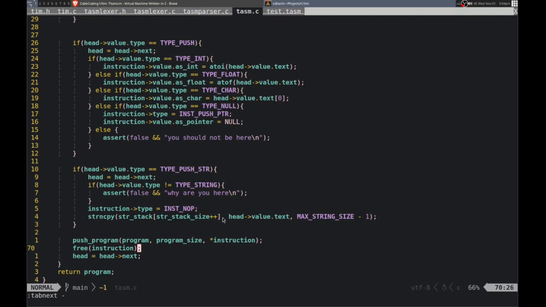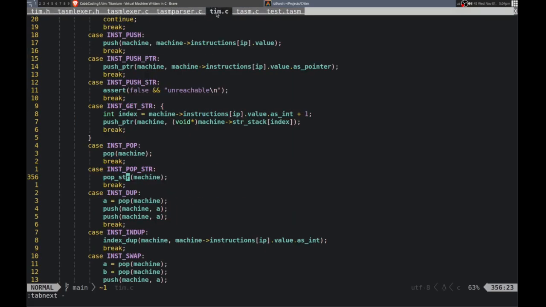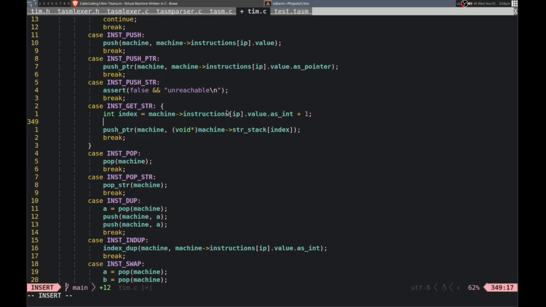incorrect thing. So let me actually, in the tim.c, when we get the stir, we want to actually pop from, well, we don't want to pop, we just want to peek from here. So basically we need to check,